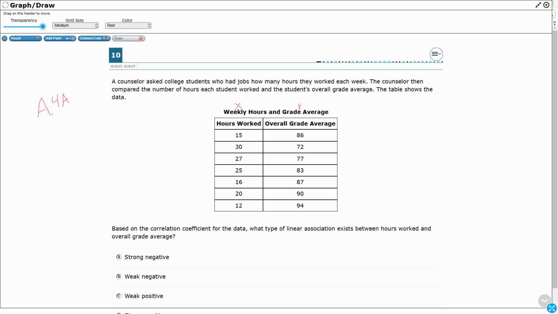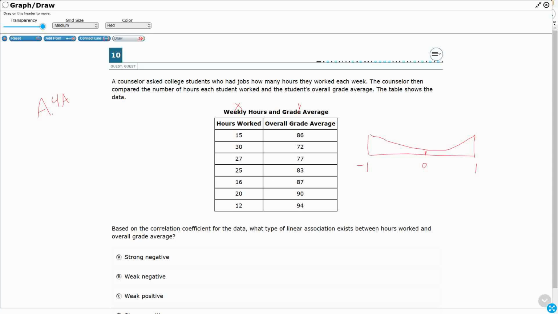Now, we're going to use our calculator to find it, but all it's going to give us is an R value. Okay, so we need to know how to interpret the R value. I always kind of envision my R value like this, almost like a skateboarding ramp, right? It's going to range from -1 to 1. It's going to be anywhere between there. The closer to 0 it gets, the less correlation there is. That means